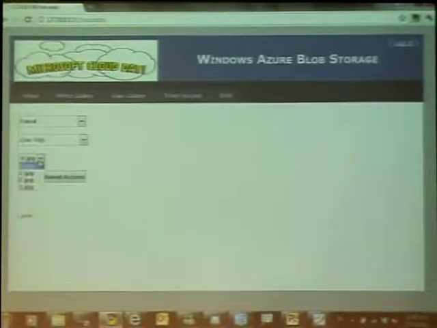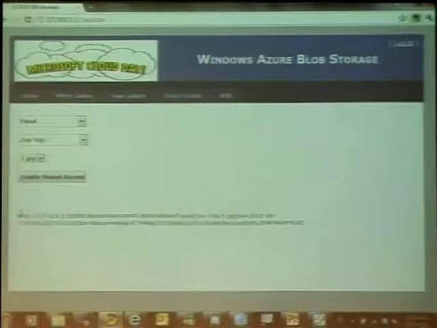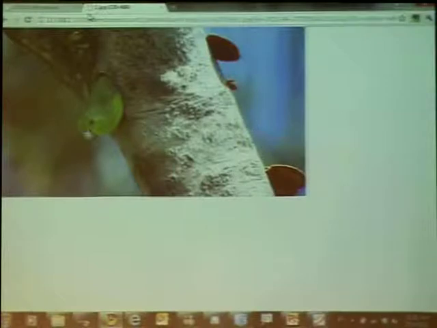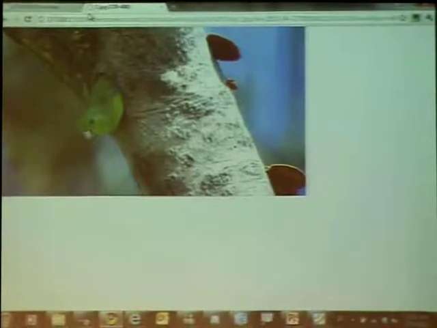Actually, I want to give a shared signature for file 1. If I enable my shared access signature, this is the URL. I can pass this URL to anyone and ask them to access it. What happens is that after 30 seconds, this URL is expired. Once 30 seconds is over, you cannot access this picture anymore. I set the limit to 30 seconds. If you look at my code,